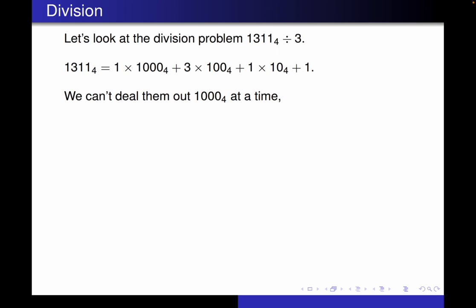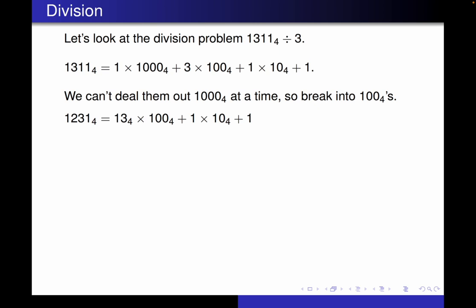So the natural thing to do is to take that 1000 and break it up into hundreds. How many 100s? Well, it's going to be 10 100s, 10 base 4. So that gives us 13 100s altogether, that 10 base 4 plus the 300s we had before that, plus the 1 10 and plus the 1 unit. So now 13 in base 4 is 7. That's enough that we can deal out to our friends. So we have 7